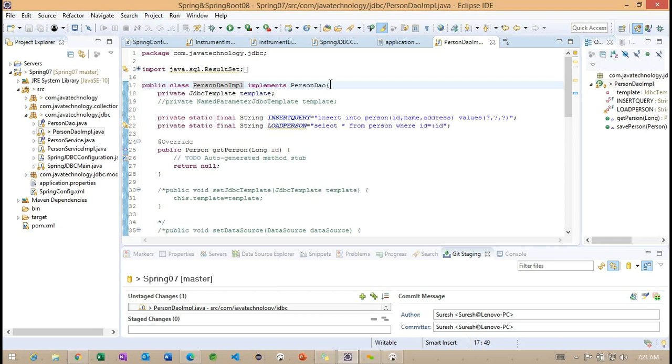In yesterday's class, we used some annotation to make this class a component. Other than component, what annotation is suitable for this particular class?